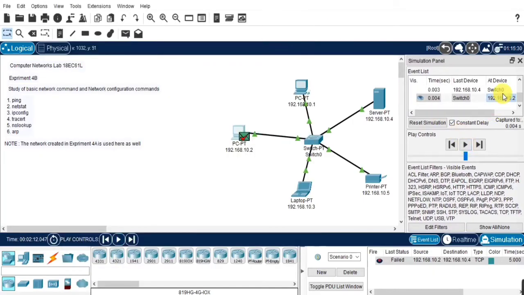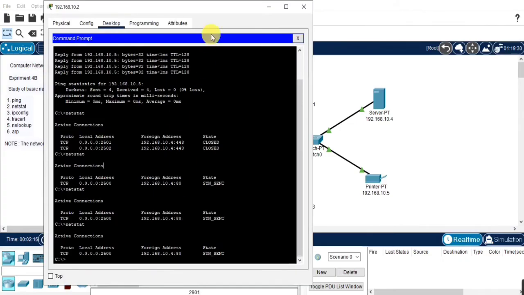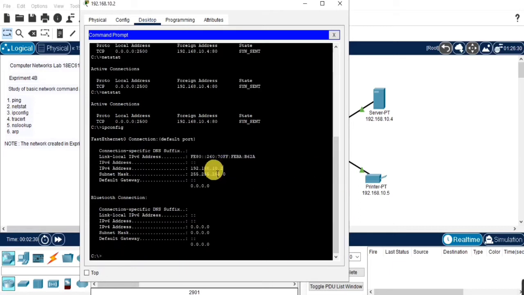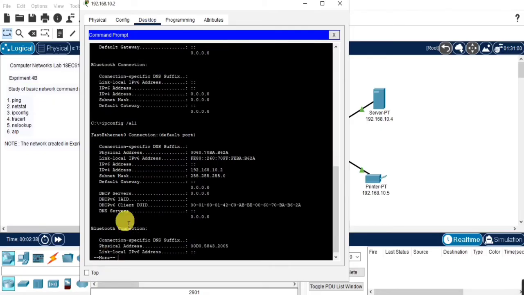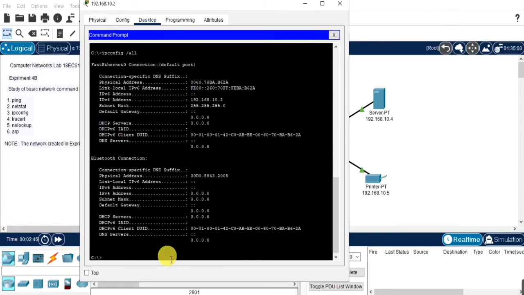So while the command is going on, we will come to the next command. We will use the ipconfig command here. The ipconfig is used to know the configuration of the device. We can look at the IP address of the device. So for that, in command prompt, I am using ipconfig. Here you can see the IP address of the device and we can also see the default gateway if we have specified any. And if we want to see all the details, we can use the command ipconfig/all. Here you can see the MAC address, the physical address.